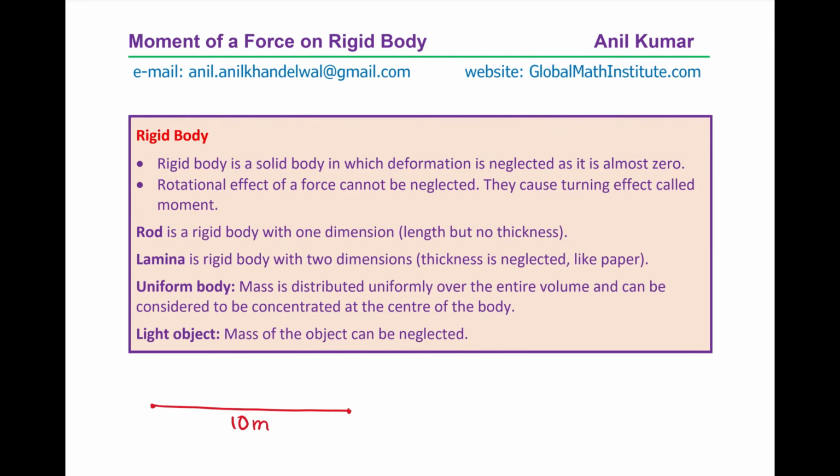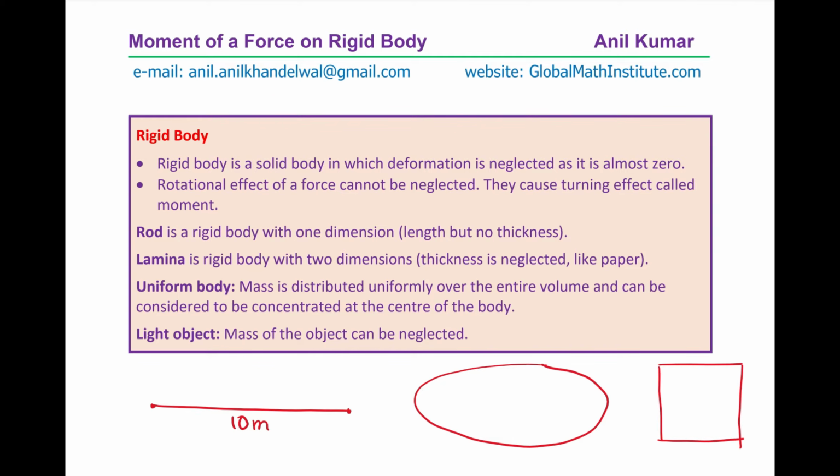So that becomes a rod. Thickness is neglected. Now the other rigid object which we'll consider is a lamina. A lamina is a rigid object with two dimensions, like a paper. So when we talk about a lamina, it could be any shape actually. It could be any shape like this, but we'll consider more rectangular ones in our cases. Those dimensions, length and width, are huge as compared to the thickness, and therefore we neglect the thickness when